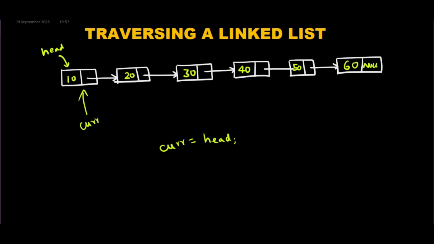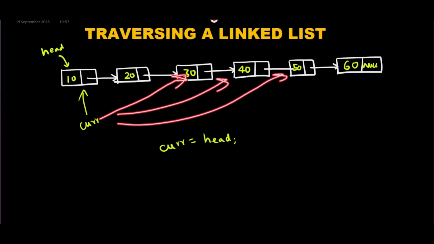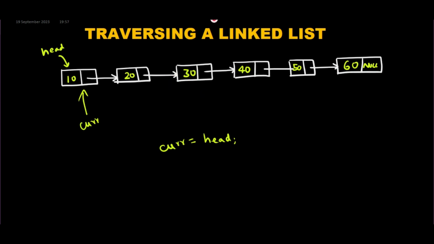First current will be here, and in the next step current moves to here. So the current will be head's next, or you can say current's next. And then in the next step current will move here, then here, then here. And when current tries to move now, it cannot be moved because now the current's next is null. Okay,